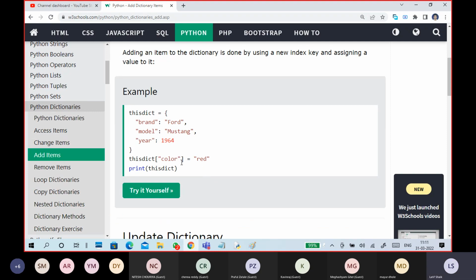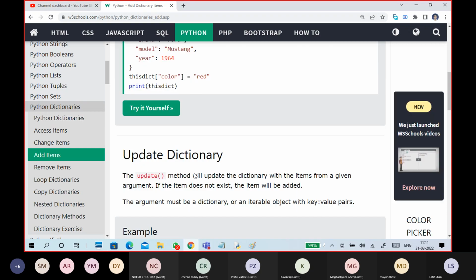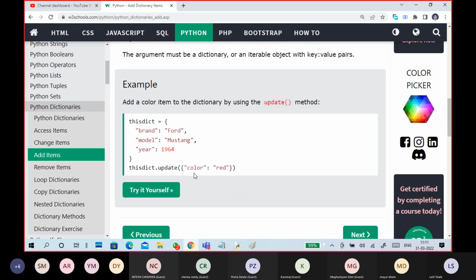You can add something like this. Here it is. How to add a particular key value: use update. Use update to update a particular value like this.